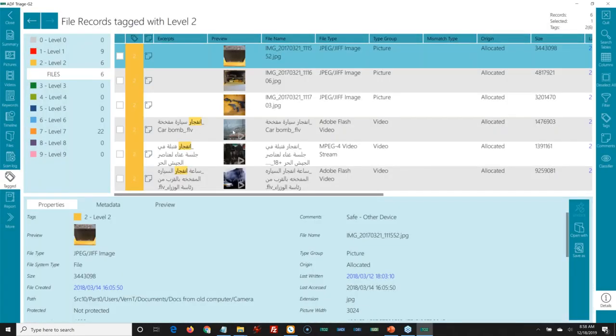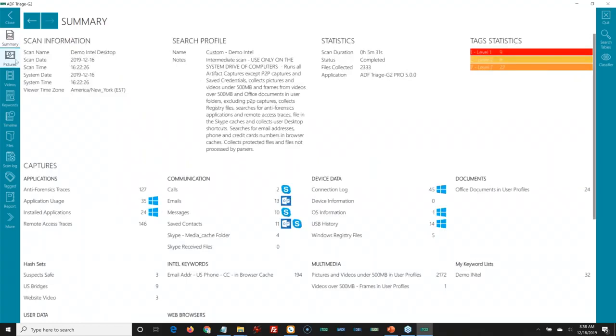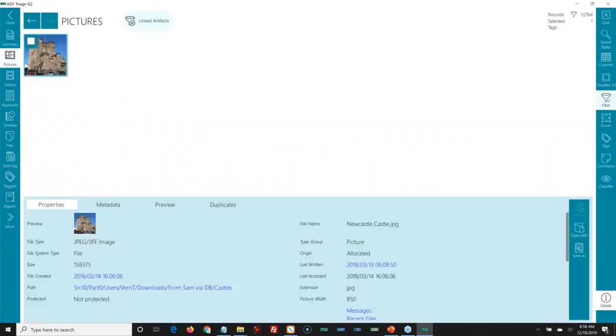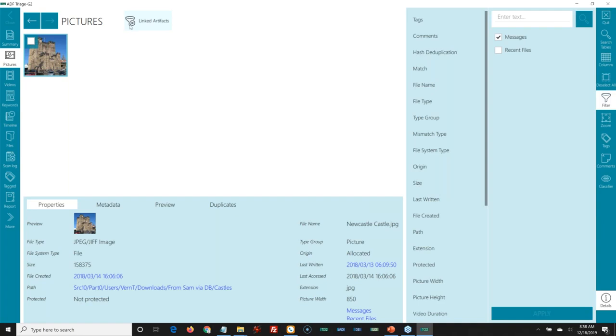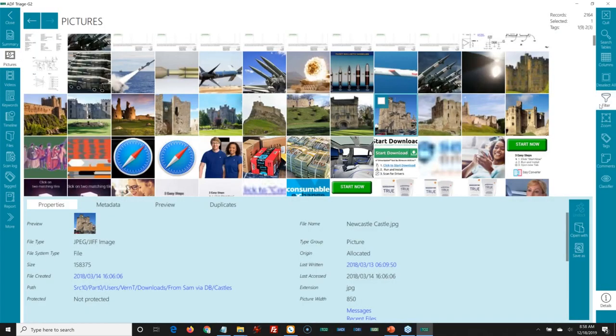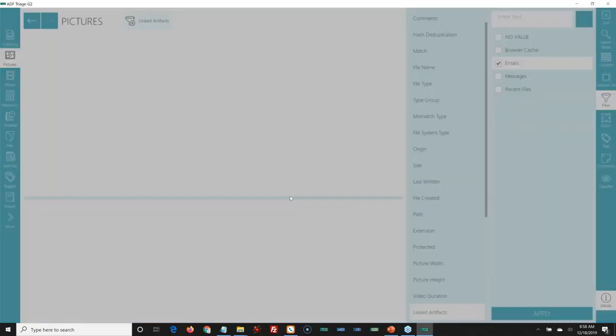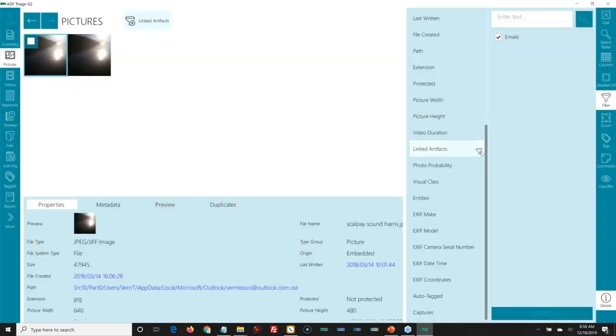So you can see that, and I also had some bomb pictures in here. I was talking to you earlier in the gallery when filtering. All right, I can filter by what was sent by messaging, recent files, emails, browser cache. So this one has emails in it. I can apply that, and there's some email attachments.